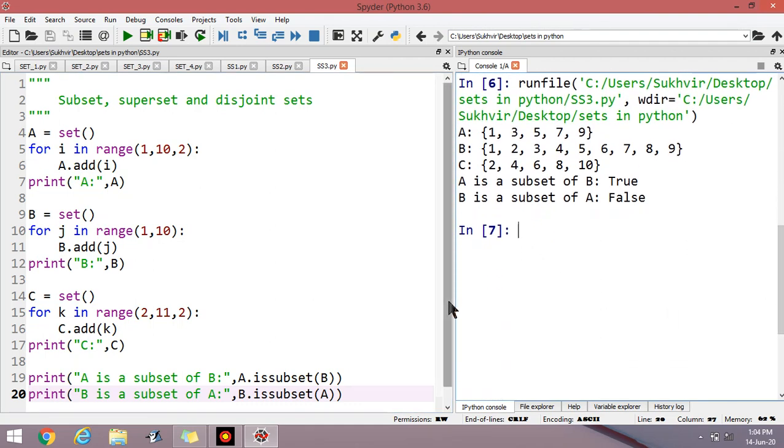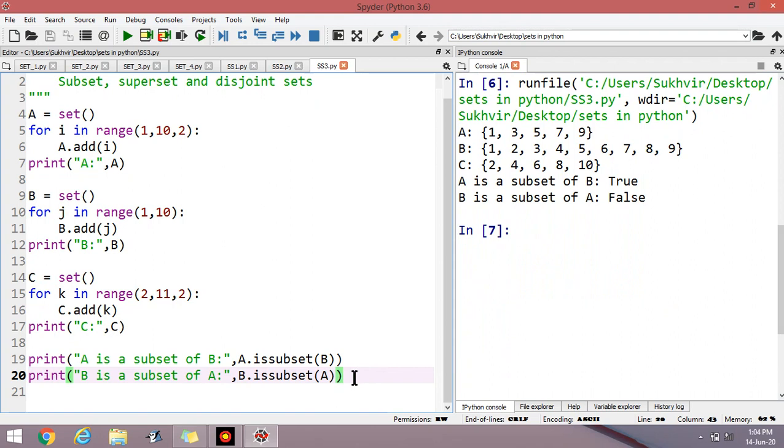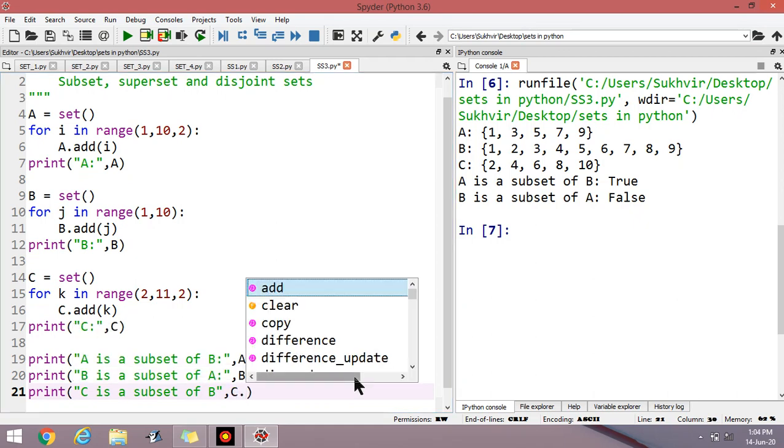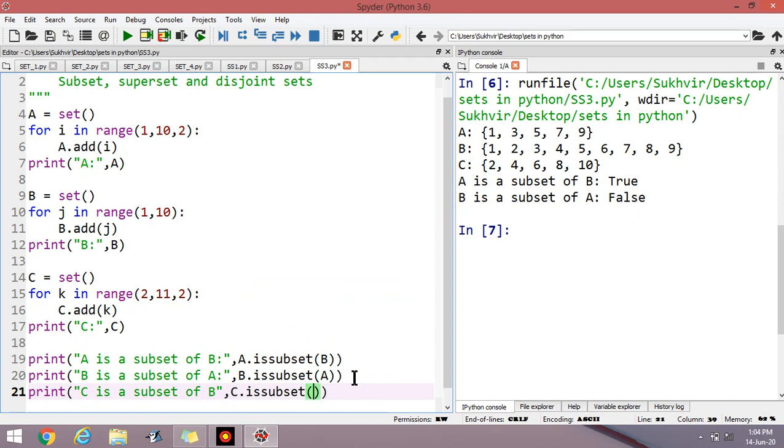What about C? If I write print, C is a subset of B, then I have to write C dot is subset, and I can write B here.